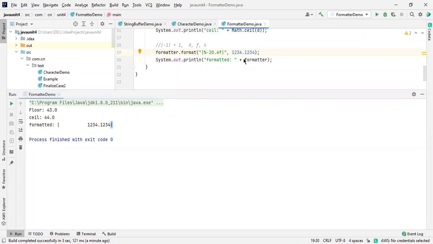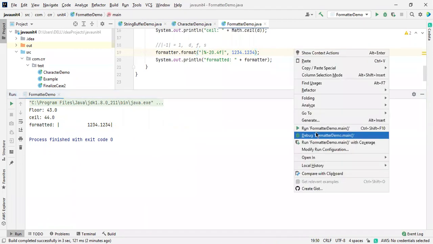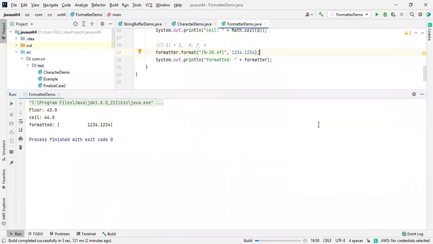Then you will get spaces after the decimals. Now we are having spaces over here. I want to print the spaces after this, so what I need to do is mention a negative value over here. Just run this program. See this one, so we got spaces like this. So this is all about the formatting.